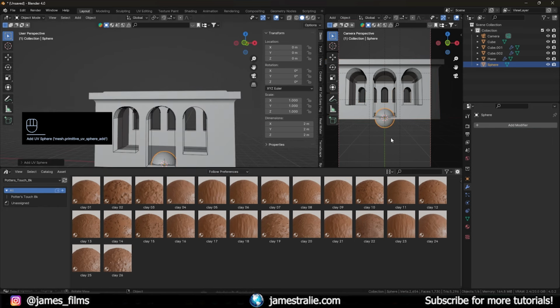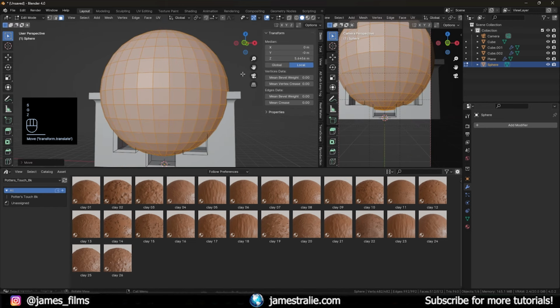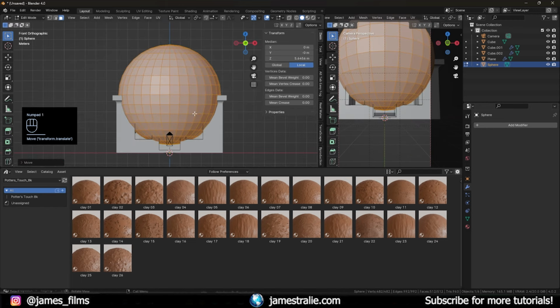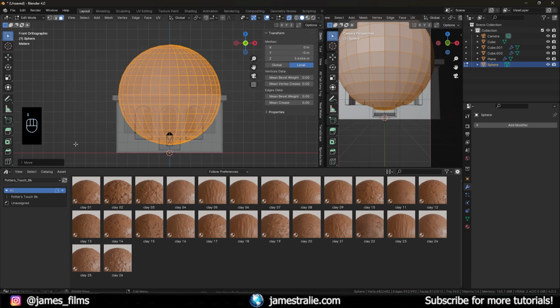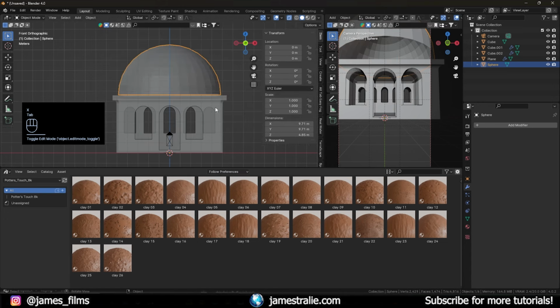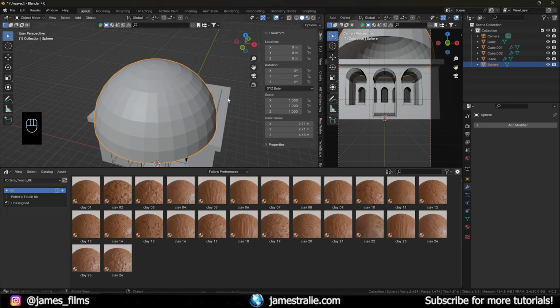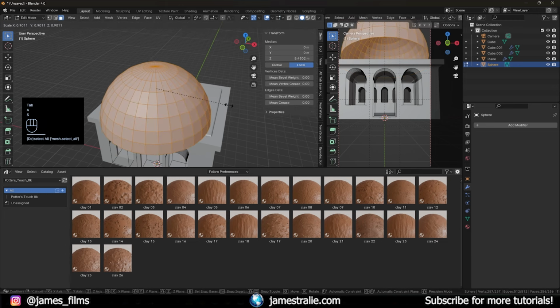We'll add in a UV sphere, and we can go into edit mode, scale this up, bring it up here. We don't really need the bottom part of this, so I'm going to toggle X-ray mode here, and we can go to face select and select all these and hit X, and then just delete those faces. So we just have this top part of the sphere. It's hollow here, but don't worry, we're not really even going to be seeing it once we put it on